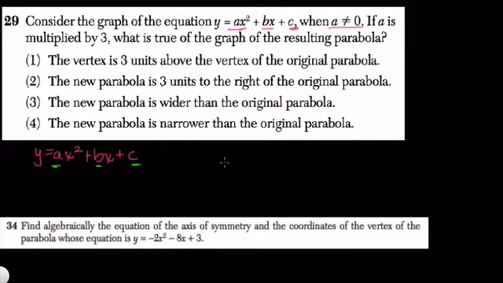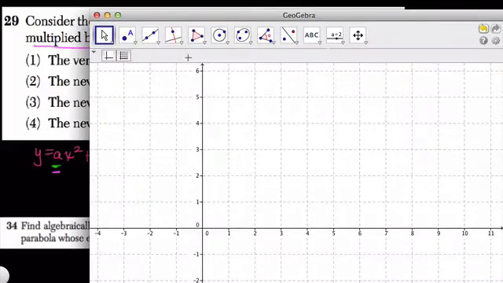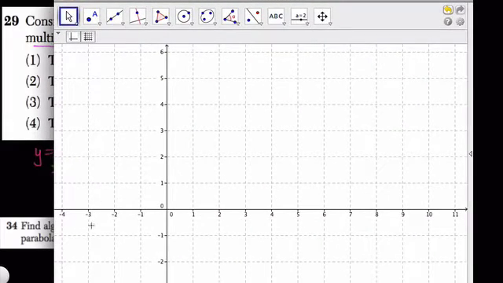Here they say let's multiply a, and just a, by 3. What is true of the resulting parabola? Well, this is going to be a parabola, and when we multiply a by 3, we'll change the shape of the parabola. They're really asking you to think about how does that